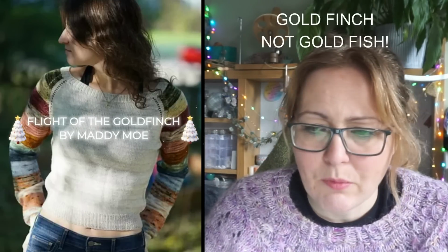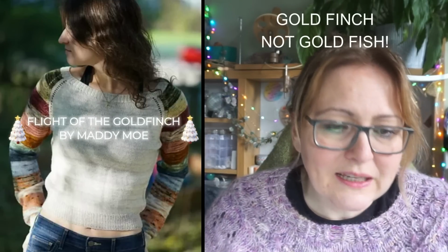My next one is Flight of the Goldfish by Maddie Moore. So this, as an alternative to not doing an entire striped jumper, it's just the sleeves, and I just thought that was kind of cool, especially if you've used your advent for something else and you've just got a bit left over, or you just don't want to use it all on one thing. So you can just stripe those sleeves, and I just think it's a really pretty way of doing it. It says